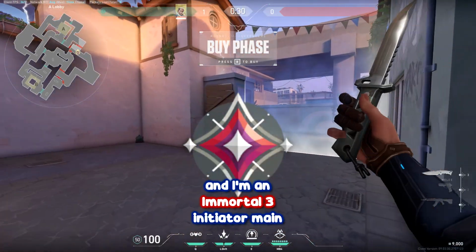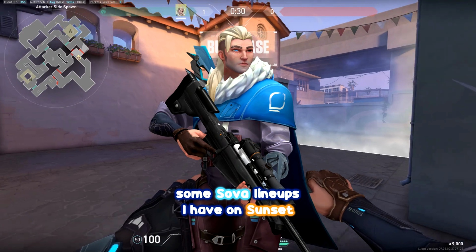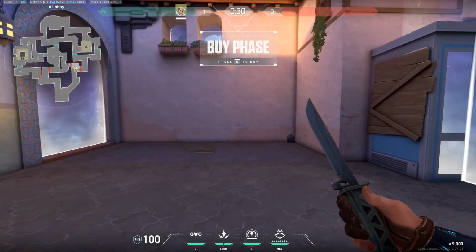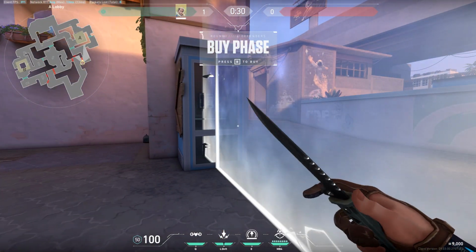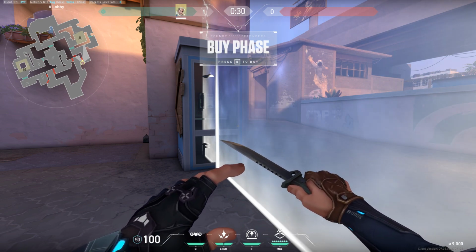Hey, I'm Lynx and I'm an Immortal 3 Initiator main, and today I'm going to show you some Sova lineups I have on Sunset. So I'm going to start from A, then go to B, attack and defense, and I'm just going to take you through each and every lineup I have, what I do situationally,